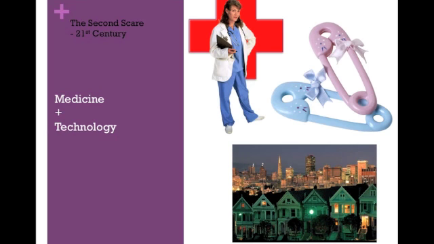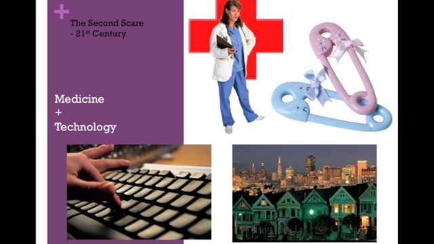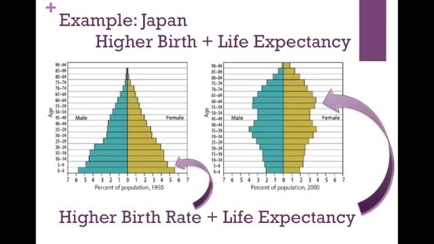Technology, on the other hand, has not only helped to better improve how we can find and use natural resources that we have, but also helped spread this wealth of knowledge about how to better improve our planet and ward off overpopulation. To show you an example of the NIR chart over time, I used Japan's populations at two different points in time, comparing the age and the percent of the population.